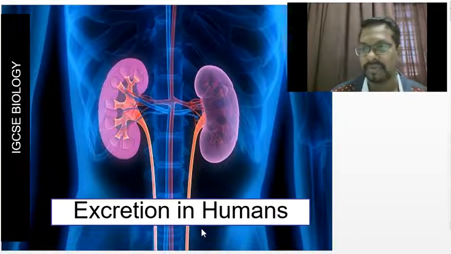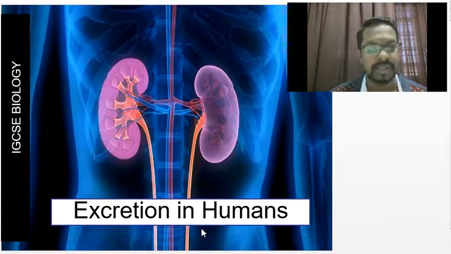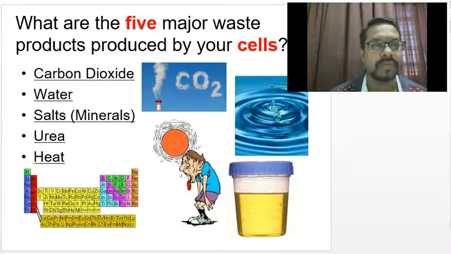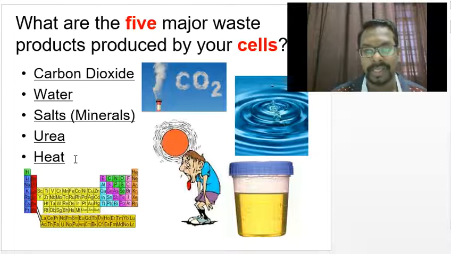Okay, let's continue with today's lesson, which is Unit 12, excretion in humans. At first you must know what are the five major waste products produced by your cell. That means each cell in our body excretes some waste products in a different form. The five major waste products are carbon dioxide, water, salts in the form of minerals, urea, and heat. Carbon dioxide, water, this one due to heat, this one is related to salt and minerals, this one is